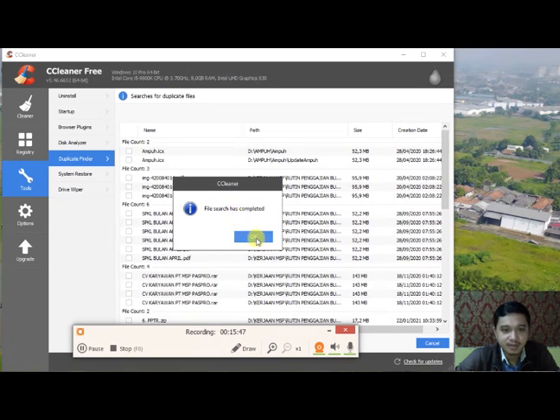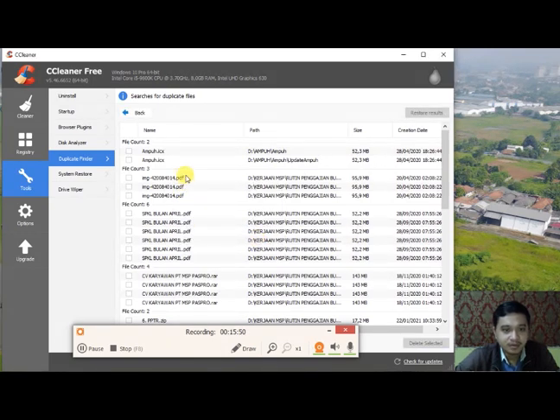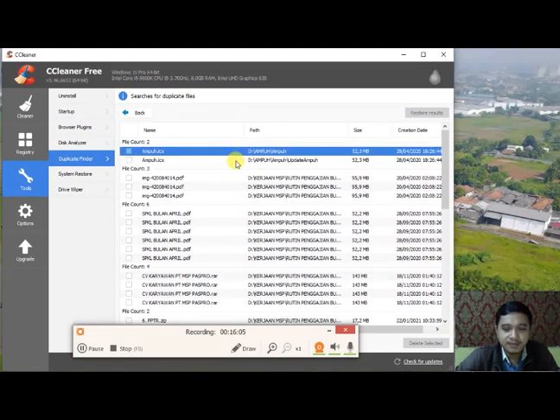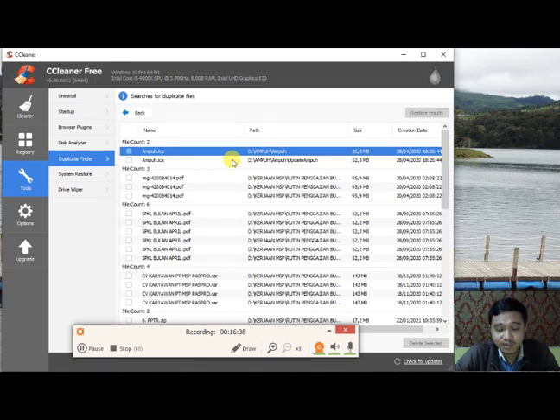File search has completed. Okay. As you can see, CCleaner found duplicate names like this, ampuh.icx, ampuh.icx in different folders. So if you want to delete one of these files, you can delete it. If you delete it, you must really know it does not affect your computer at all.